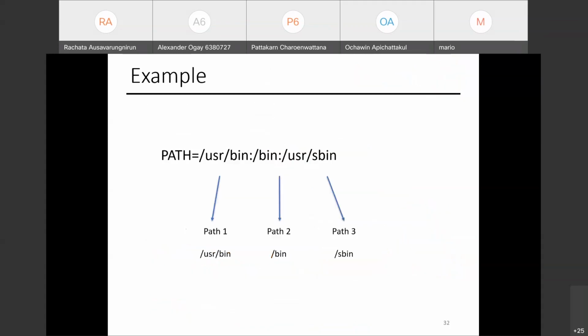Let's say the PATH directory has this value. Let's say right now it contains /usr/bin:/bin:/usr/sbin. Whenever I type in ls, where's the ls command? Anyone remember where the ls command is? Just to make sure people are still here. In /bin, thank you, right? So this is actually in